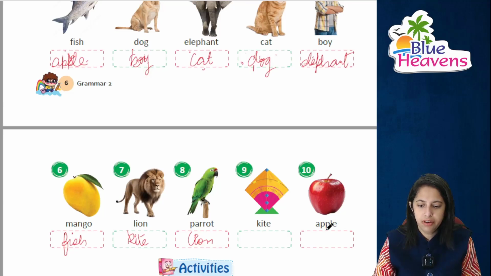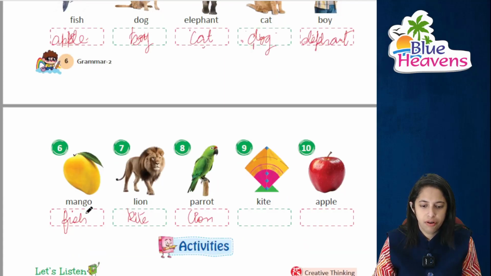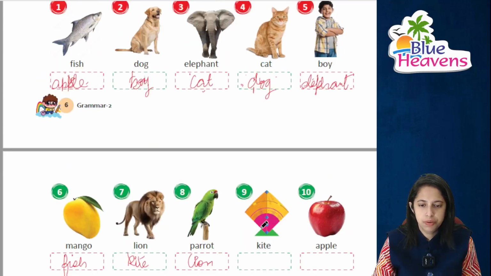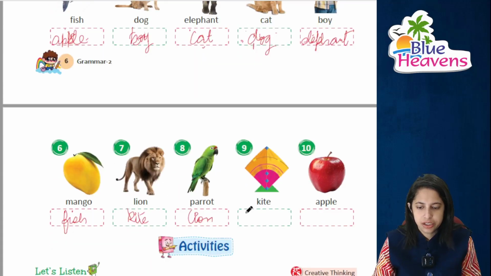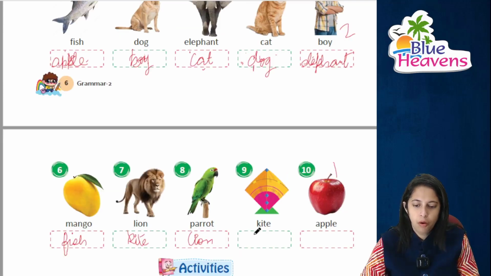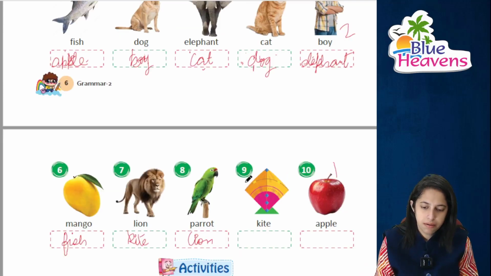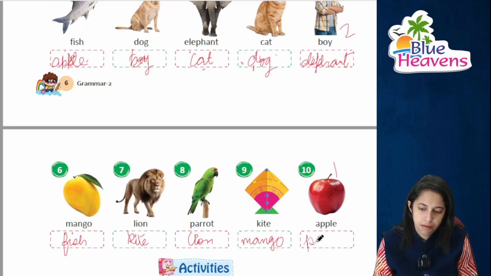First we have done apple, then boy, then C for cat, then D for dog, then E for elephant, then F for fish, then G का कुछ भी नहीं है यहाँ पे, right? H का कुछ नहीं है, J का कुछ नहीं है, L का है, M नहीं है, N भी नहीं है, O भी नहीं है, then it's P. Now over here it will be mango, right? And the last one is parrot,